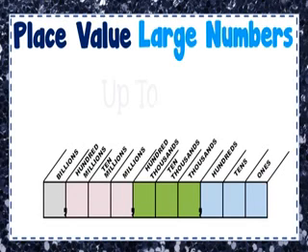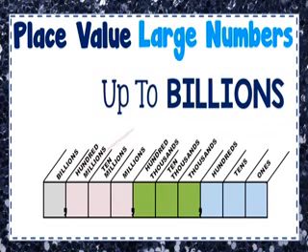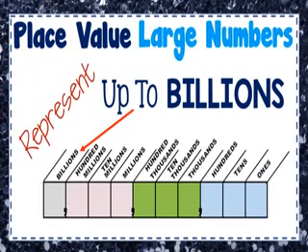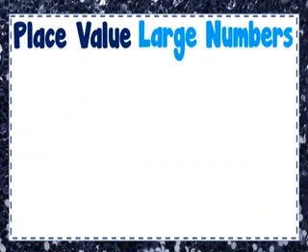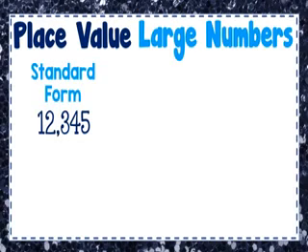So today class 5 students are going to learn about the place value of large numbers, specifically up to billions. So here is the number. Let's see that number. That is 12,345. This is the standard form of the number,